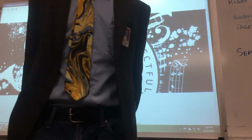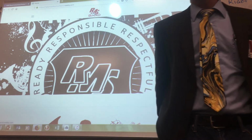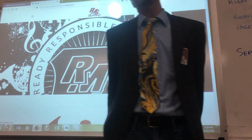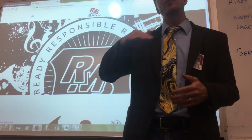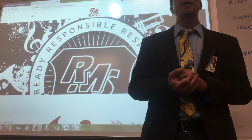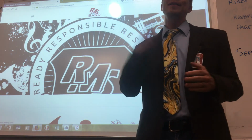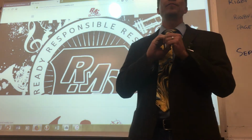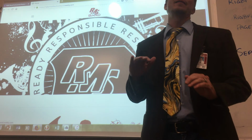Is piano playing part of band? Piano is a part of playing in jazz band. However, our piano music in jazz band is very hard. It requires about a grade 5 level of music. So when you're going through the piano books, there's grade 1 and 2. The stuff we do in jazz band is about level 5. Same with guitar. Guitar requires about 5 or 6 years of experience. I don't know why it's that way. For all the other wind instruments, it's like 1 year of experience required. So for cadet band, concert band, symphony band, for 6th, 7th, and 8th grade band, it's not jazz band,